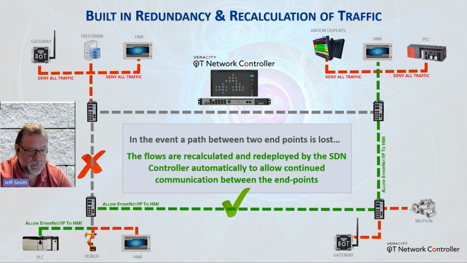It's interesting that, I talked before about from a topology perspective, it really doesn't matter how you connect things. The controller is always going to pick the fastest path available to it. And in the event that path is lost, it will create another path that's, let's say, the second fastest way to communicate. So it gives you inherent redundancy and reliability.